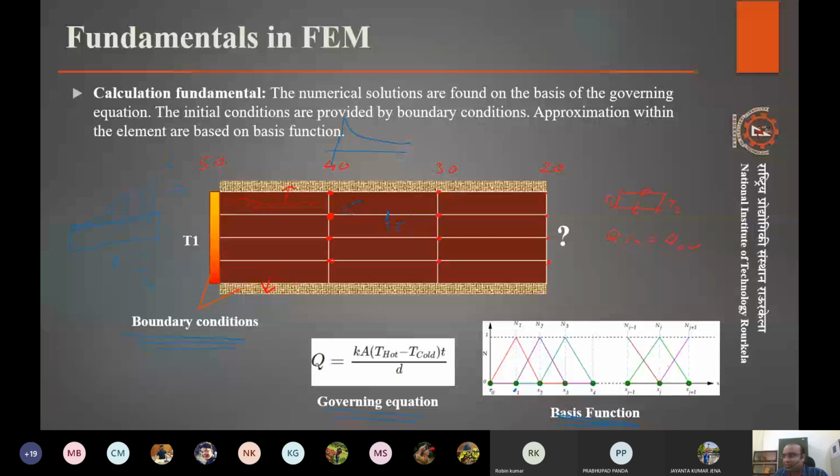So that is there in a structural analysis. In fluid dynamics, as I said, there will be flow equations and so on. So the whole concept of the finite element method is we divide, we give the boundary conditions, we use the governing equation to find the values at the nodes of these divisions, and we interpolate the result in between using basis functions. So that's the step-by-step process for a simple finite element analysis, or even a complex finite element analysis, based on what kind of calculations we are doing.